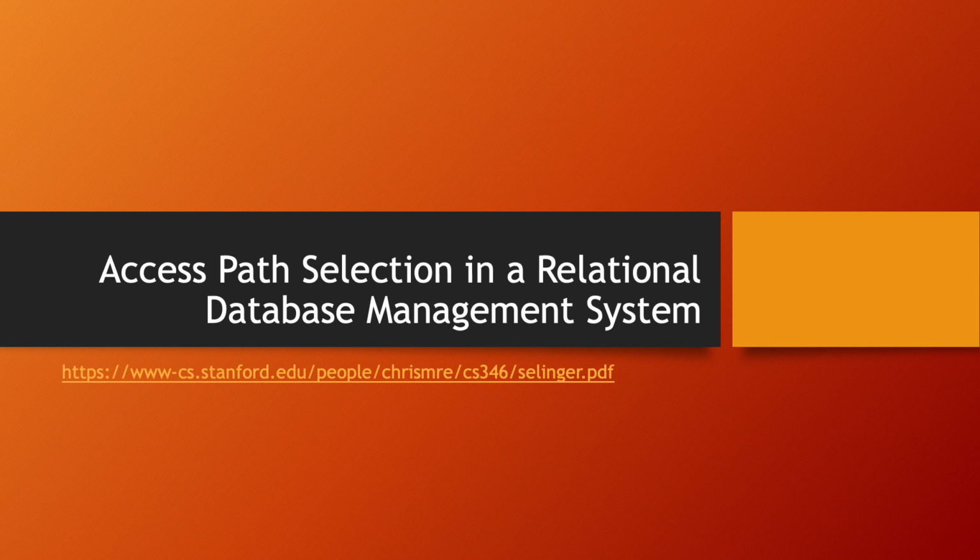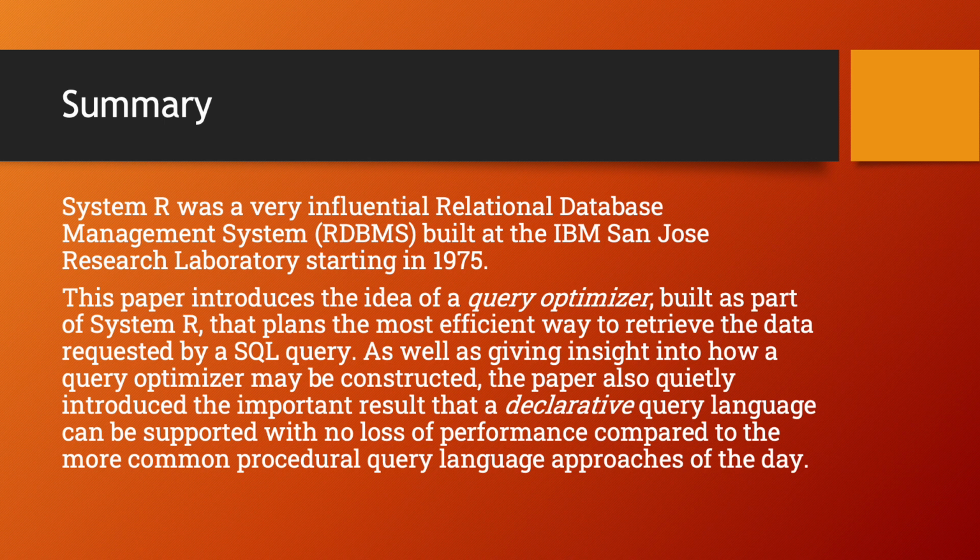The paper of the day is Access Path Selection in a Relational Database Management System. System R was a very influential relational database management system built at the IBM San Jose Research Laboratory starting in 1975. This paper introduces the idea of a query optimizer built as part of System R that plans the most efficient way to retrieve the data requested by a SQL query, as well as giving insight into how a query optimizer